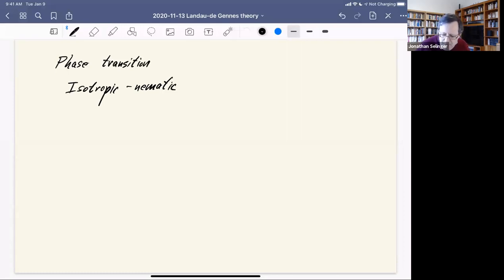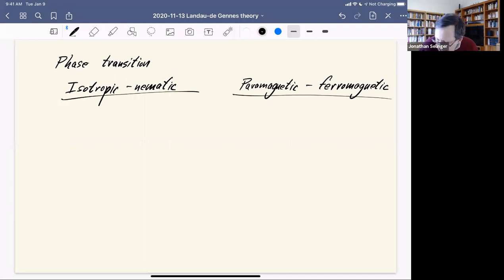And I want to compare that with what we did at the beginning of the semester for the transition from a paramagnetic phase to a ferromagnetic phase. So with the isotropic nematic transition,